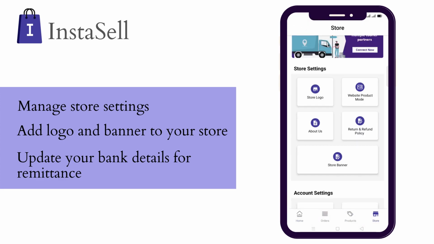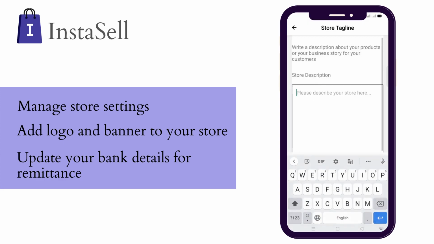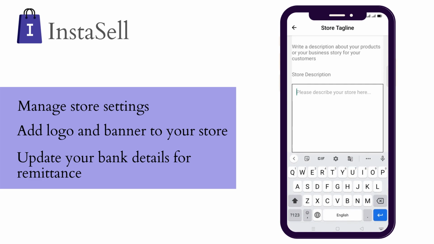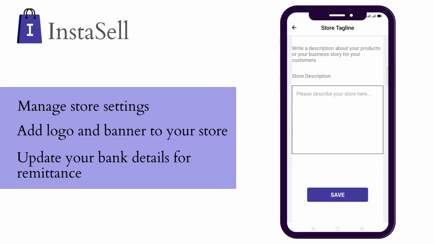And now this is an about us section. This is basically for you to write about your business and about the story behind your business, about yourself and all of that, so that this will be visible to your customers who come to your website. This helps build trust between your customers and you, because it lets the customers connect to your story and your business, and that would help you get a lot more orders than the average ones. So I recommend that you do this too.